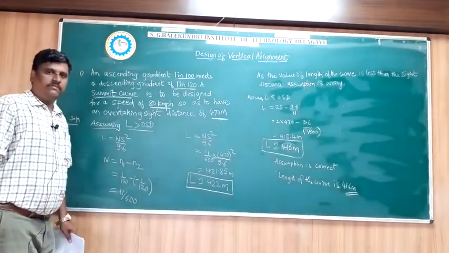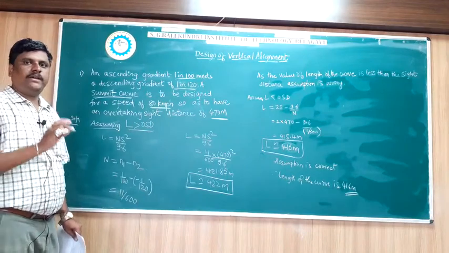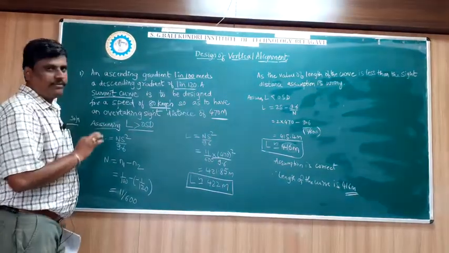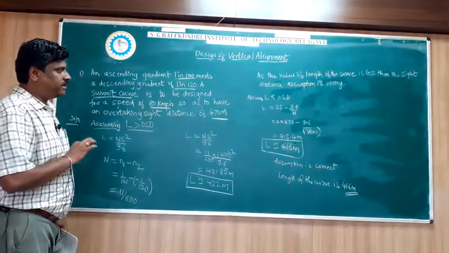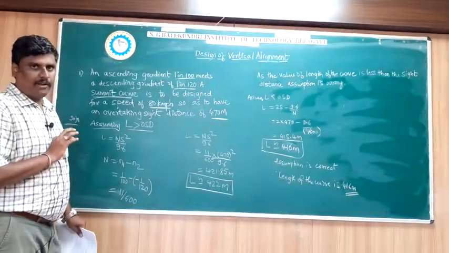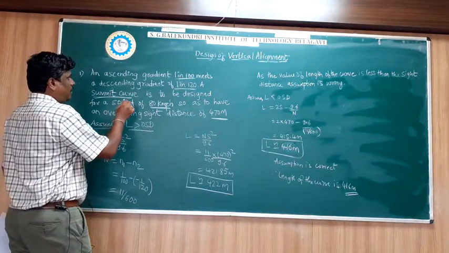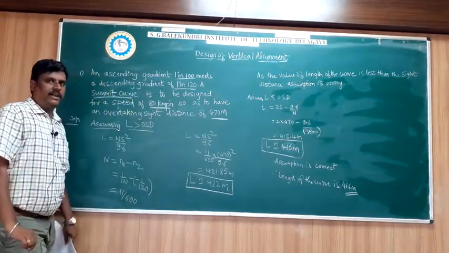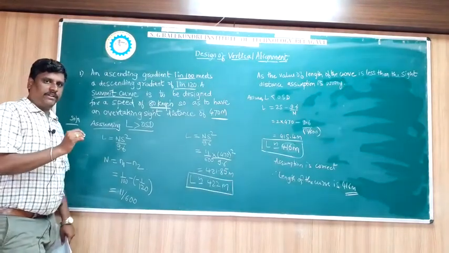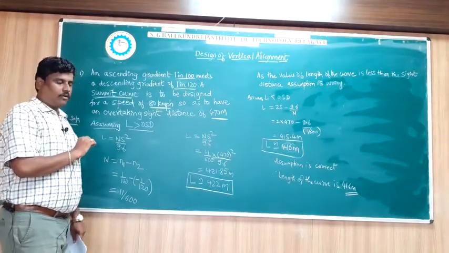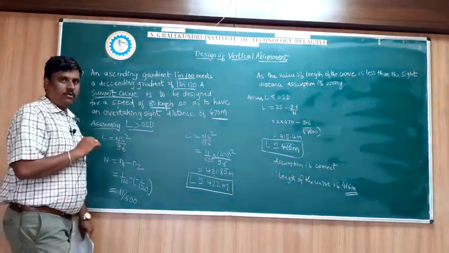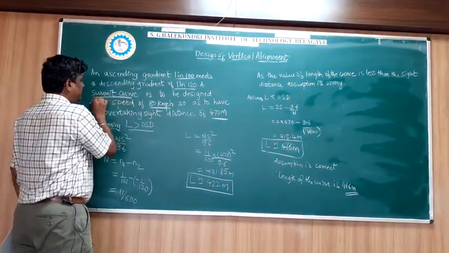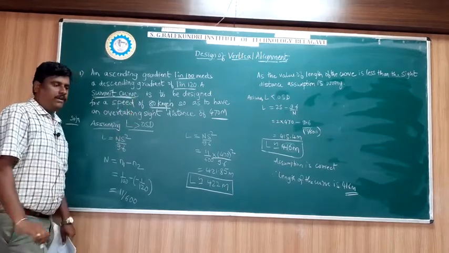See, in this question, first you have to understand what is the deviation angle you have to find out, then what is the type of the vertical curve and what are the conditions you have to adopt for the given problem. Now, from the given question, I can find very easily the deviation angle, that is n. It is the difference between two grades where they are going to meet or intersect. Then which type of the curve is it? It is a summit type of the curve.